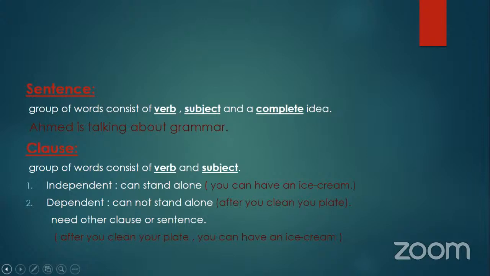So my topic today will show us how to connect these different types of sentences and clauses. To connect different sentences, we have many ways. We will talk today about coordinating conjunctions, subordinating conjunctions and conjunctive adverbs, and we can also use the colon and the semicolon. We will talk about each one in the next minutes.